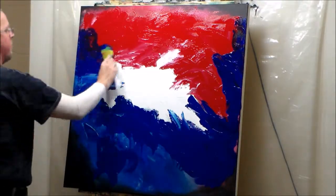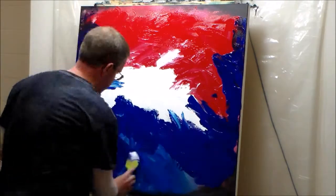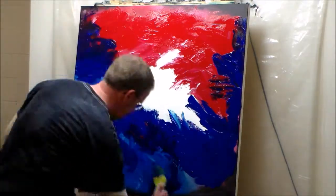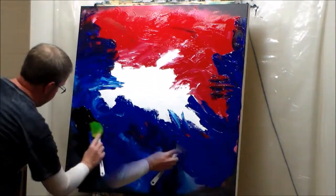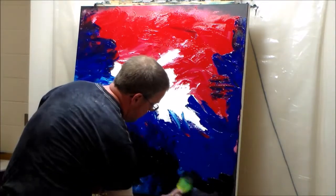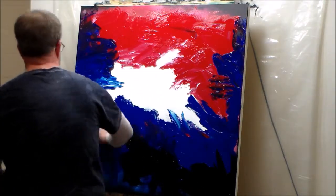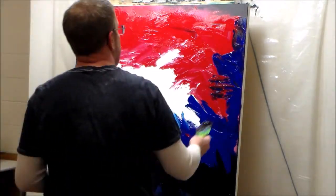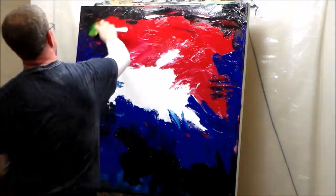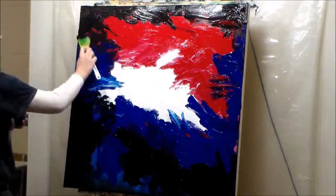nothing too precise. And as you put on paint, you'll start overlapping colors and seeing how they interact with each other. Sure, we all know, this color mixed with that color makes this other color and whatnot. But it's not the blending into another color. It's just how the streaks of this color with that color come together that make this cool. I liked what I had started to see with the blue and the white. And now I'm just kind of making the